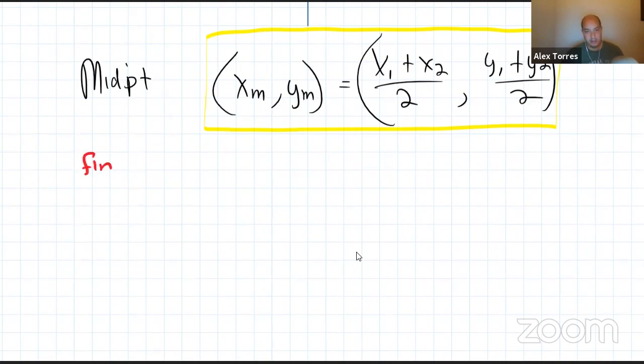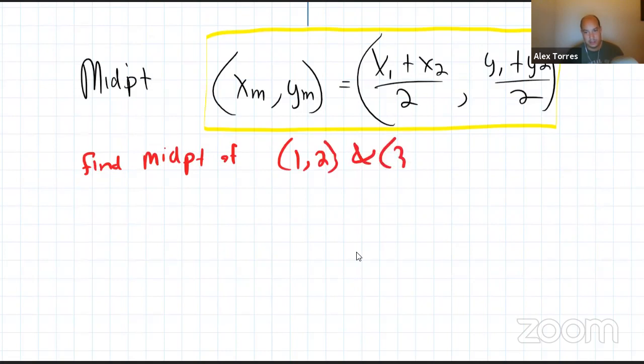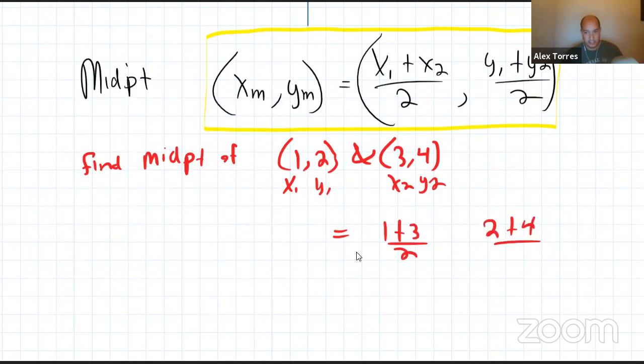If I said, find the midpoint of, and I just give you 2 points, 1, 2, and 3, 4, nice and easy. You can label the first one as x1, y1, the second one as x2, y2, just like we do when we're finding slope, and then just go ahead and plug them in. So the midpoint would be x1 plus x2 over 2, y1 plus y2 over 2. And as you solve those, 4 over 2 is 2, 6 over 2 is 3, and we just found the